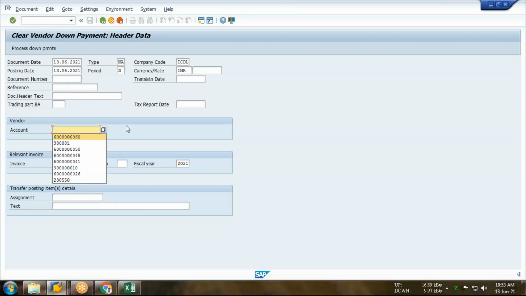Sir, type KA will come. It's an adjustment entry, not a vendor invoice or vendor payment. So K will be the vendor down payment that will come automatically. You have to put only the document date and vendor account. Those two only you have to put. Amount will be selected automatically.